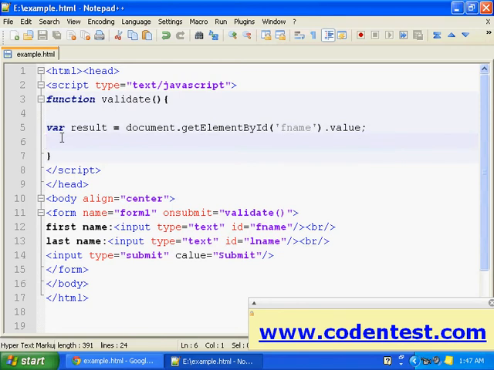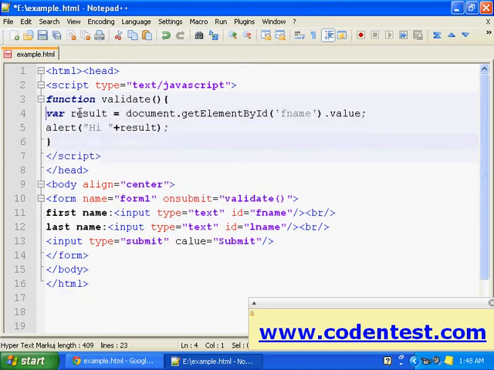After that, we said we want an alert box, so let's create an alert box. Hi, let's concatenate the string and result. Okay, looks good.